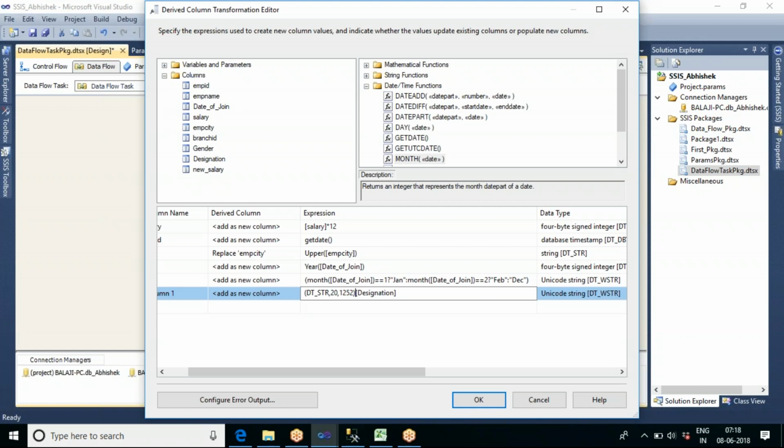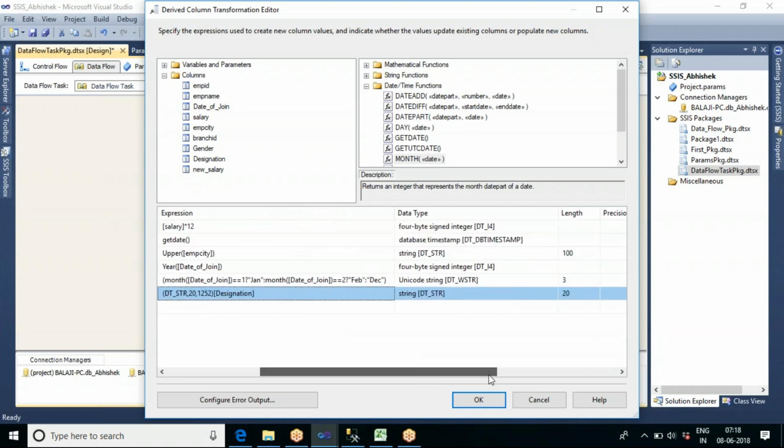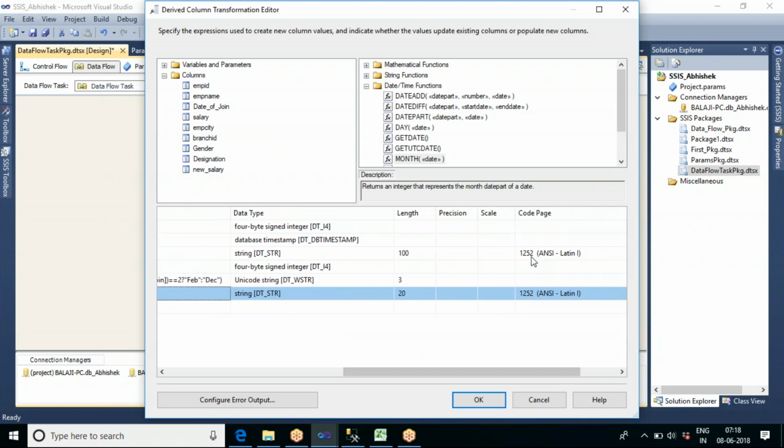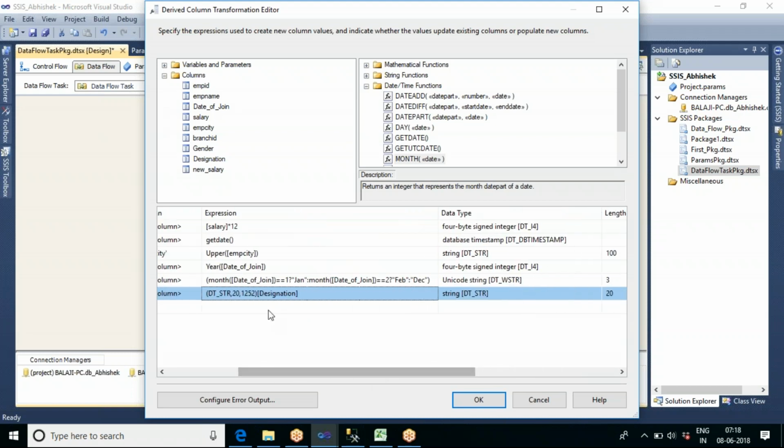This is for collation. 1252 is the ANSI Latin code page. Now we are able to convert the designation from WSTR format to STR format, that is nvarchar to varchar.